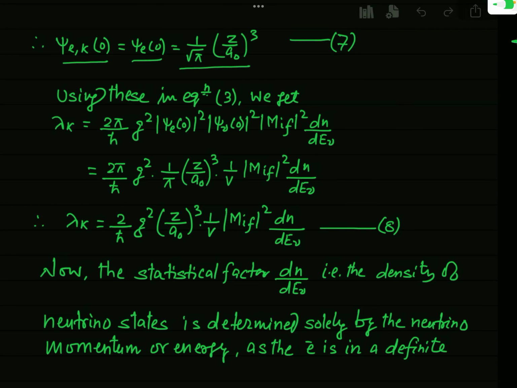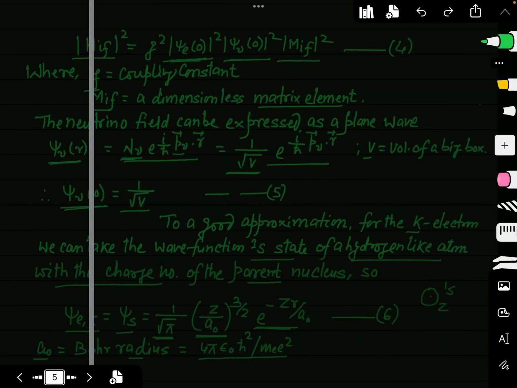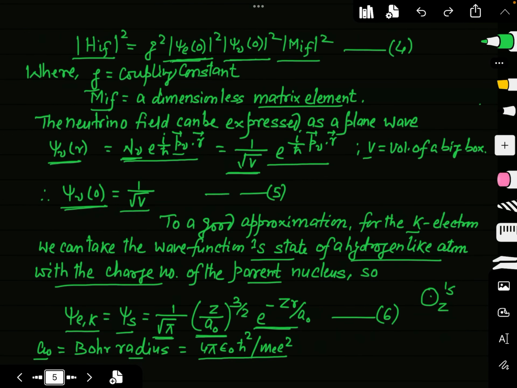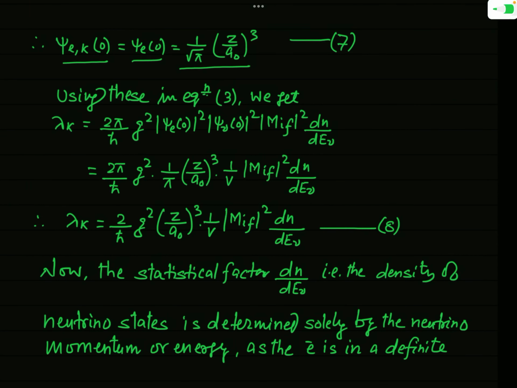Not 3 but 3 by 2. This is 3 by 2, not 3. Okay, so this is 3 over 2. Now we have obtained the value of psi e of 0 in this equation 7, and you can see